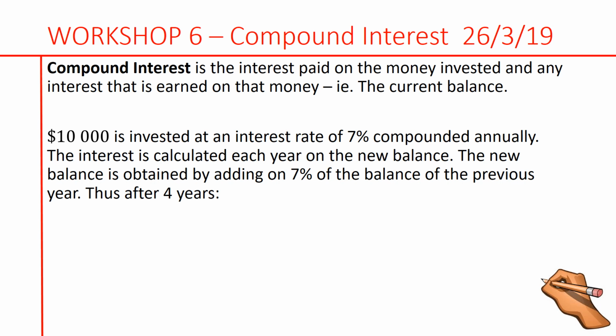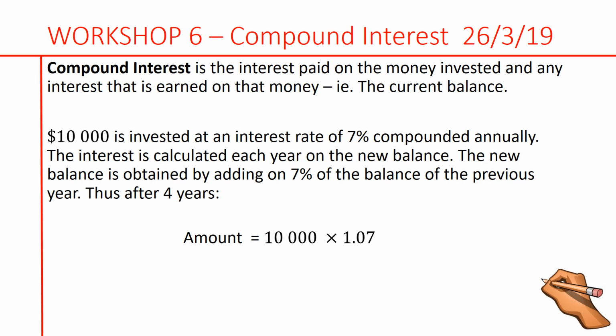So $10,000 is invested at an interest rate of 7% compounded annually. The interest is calculated each year on the new balance. The new balance is obtained by adding 7% of the balance of the previous year. Therefore, after 4 years, we want to work out